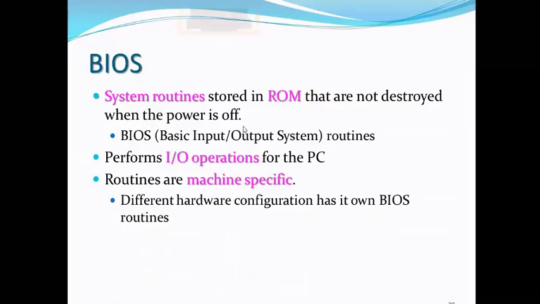When the computer is starting, the ROM has some process or steps that need to be verified, whether all the basic input output programs are functioning correctly or not. That needs to be made sure at the very beginning of starting your system, and it performs all the I/O operations, not only checking the BIOS, it also performs all peripheral operations like I/O operations for the